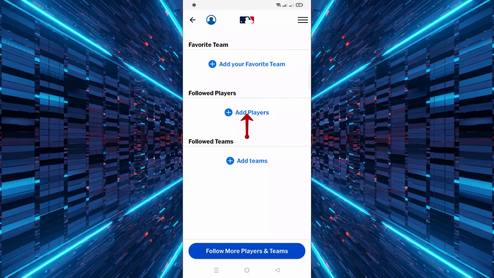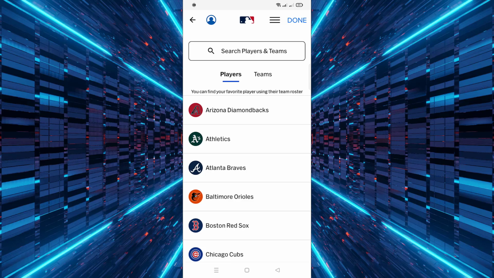Here, you will see the option to add a player. Tap on it. Browse for the player you want to follow. Once you have selected your player, click on Done at the top right corner to save your selection. Finally, your chosen player will appear in your My Players list, allowing you to receive updates and notifications about their